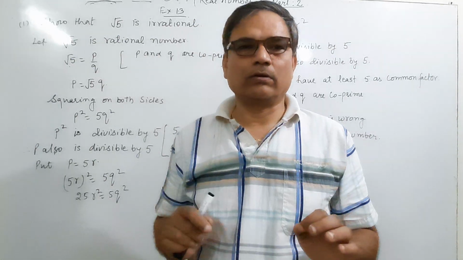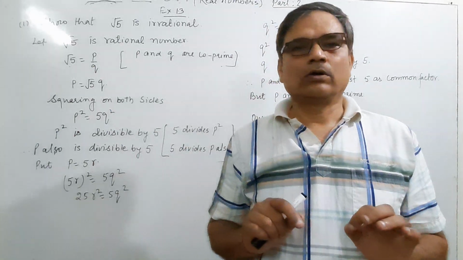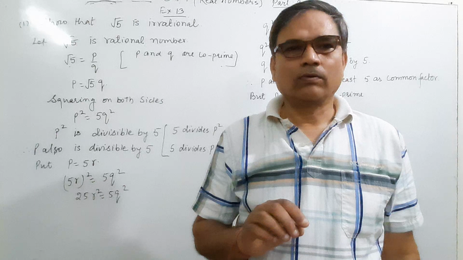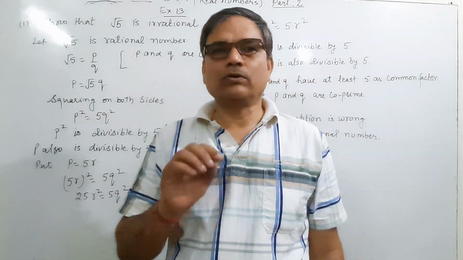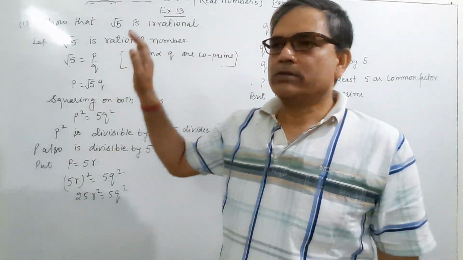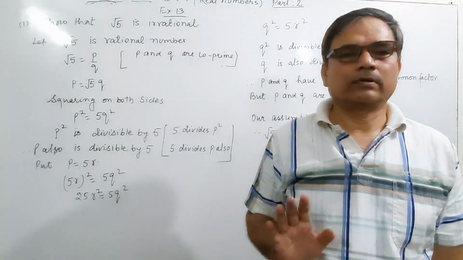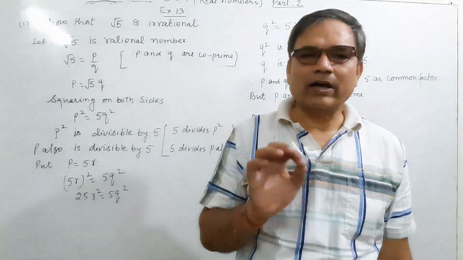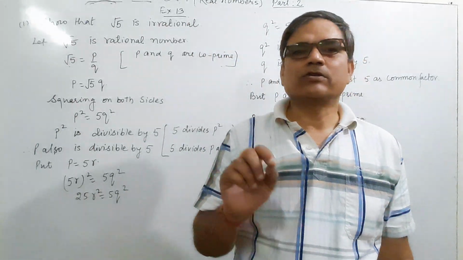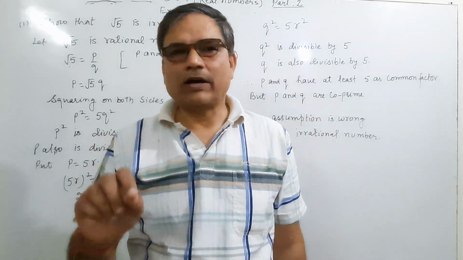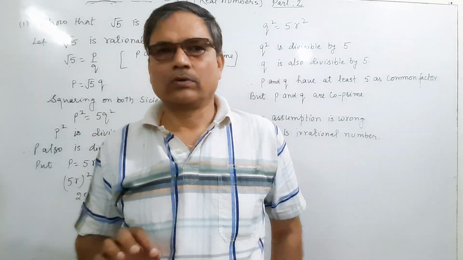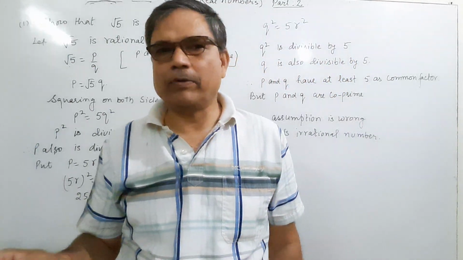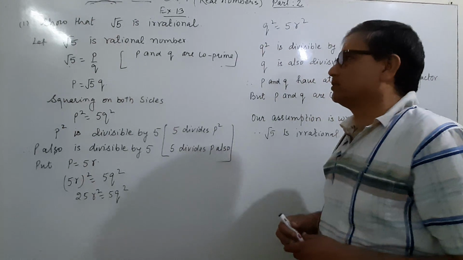For any question related to showing that a number is irrational, whether it is root 5, root 2, root 7, or root 11, the method is the same. You will use the same procedure, only changing the digit. If there is root 5 in place of root 2, then you place 5 in place of 2. If it is root 11, you replace 2 with 11. And now we will prove it.